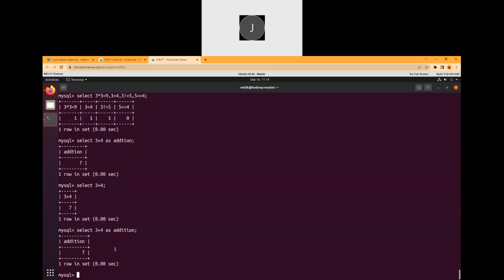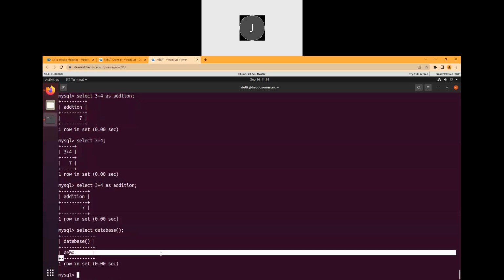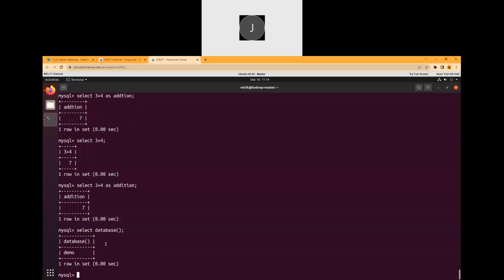What I mean is, say for example, we are using this sample table, sorry, demo table. Select database, which is the database I'm using, that I can see it here. The database name is demo. Okay, and the table name which I'm using is